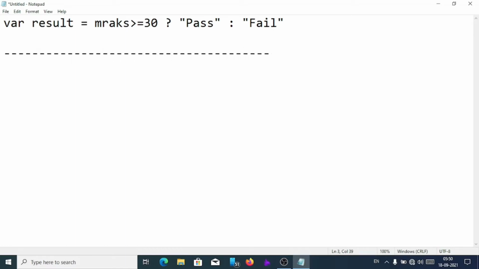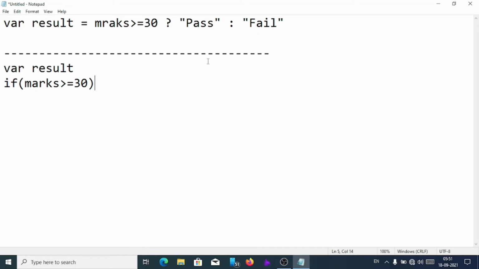So what we'll do, first we'll write the variable only, var result, then we'll check the condition. If marks greater than equal to 30, so this is the condition part. In if statement we'll write the condition within brackets, but please note, in conditional statement we didn't write the condition in bracket, we just wrote the condition. If we write the condition in brackets, still there will be no mistake in conditional statement, we can give it.